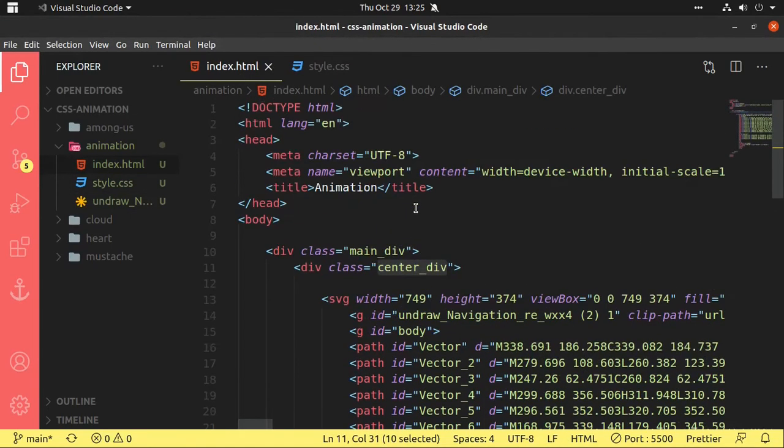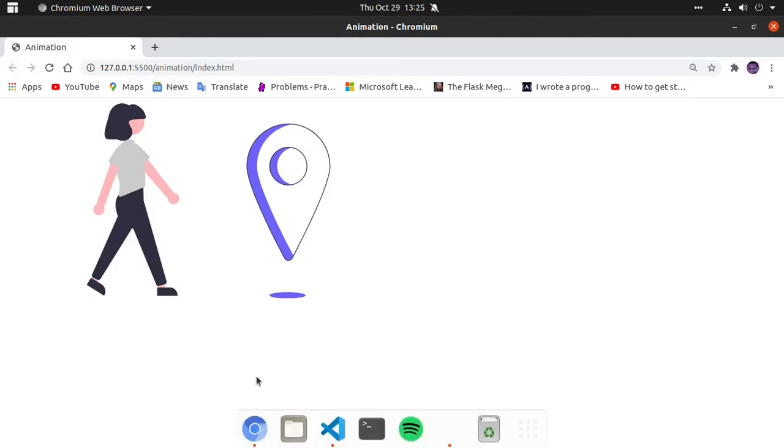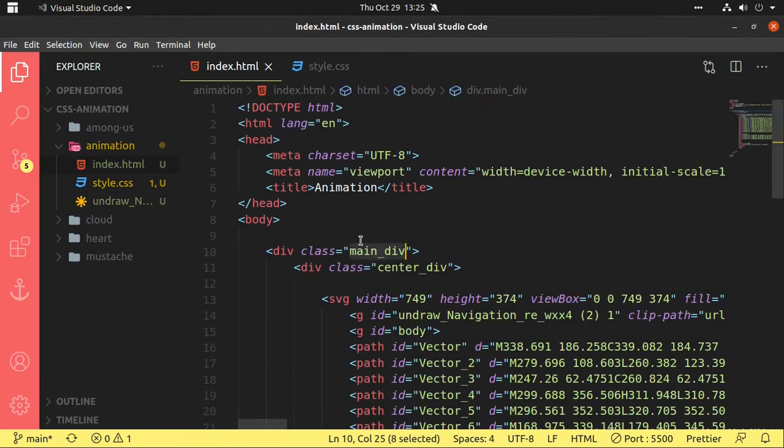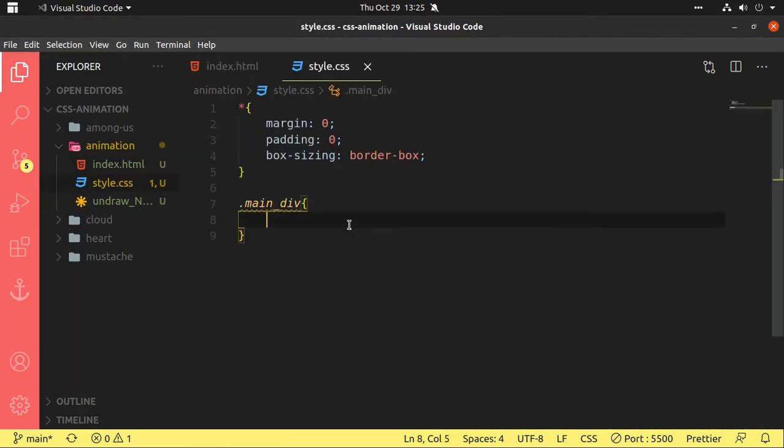Now what to do? I will take this main div and make this whole body the main div. And how to do it? I'll make the height 100vh. And what is vh? VH is view height.